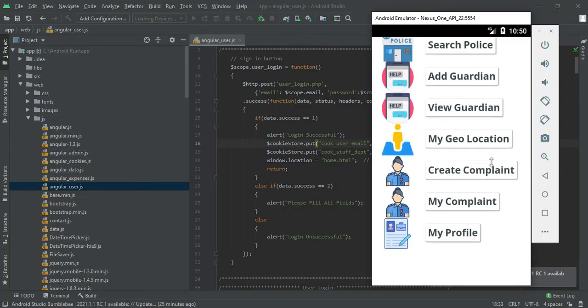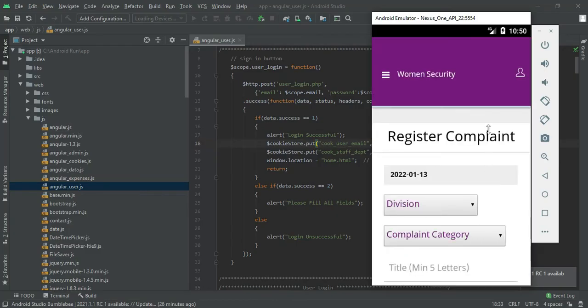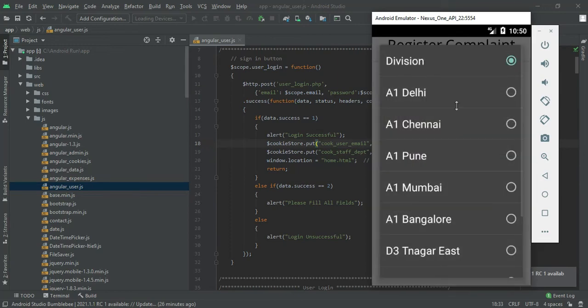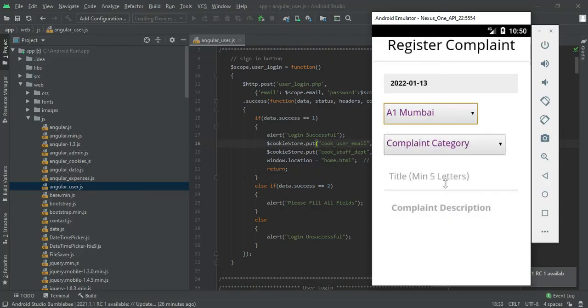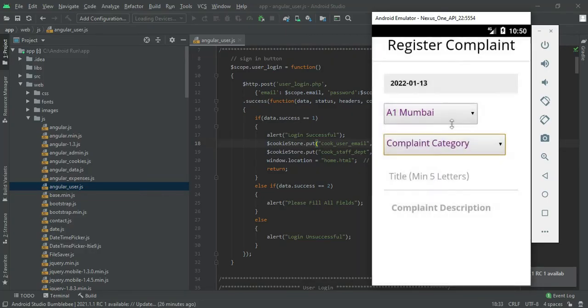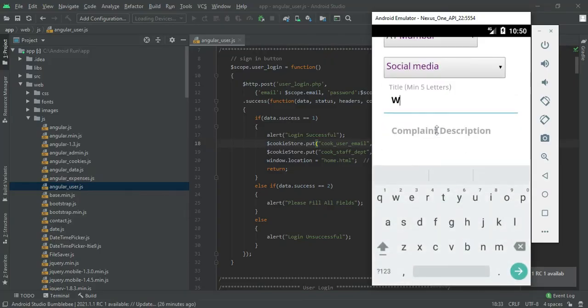You can create the complaint from online, create complaint. Automatically today's current date will come up, and you have to choose your division. For example, I'm going to raise it for Mumbai location, and choose the category, like social media or harassment. I'm writing a social media related complaint.